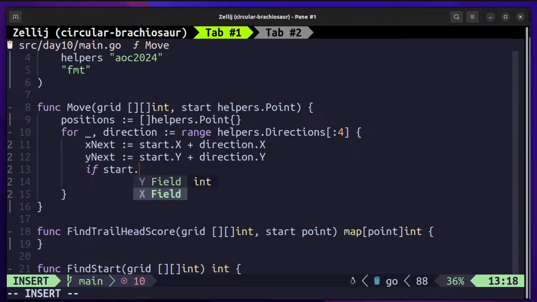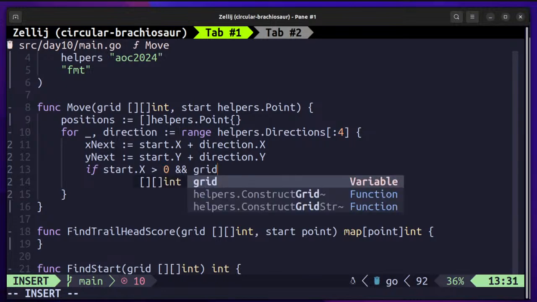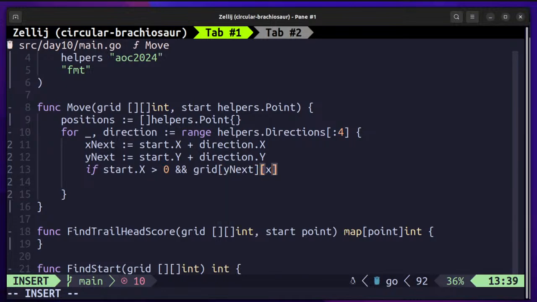Just start at x is greater than 0 and the value is, so how do we do this? That will be grid at x next, sorry, y next and x next is